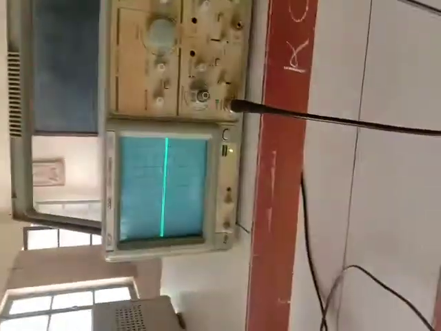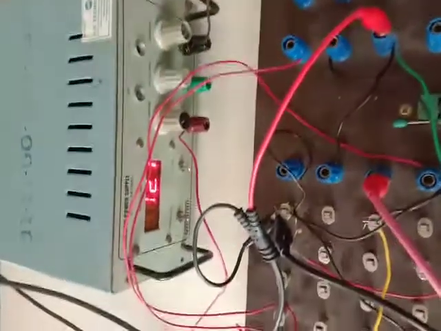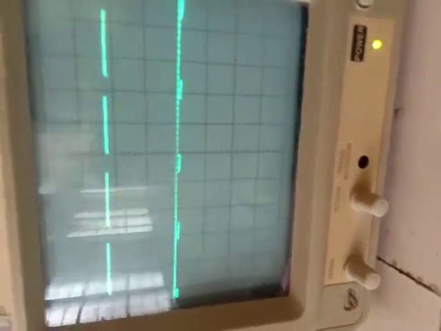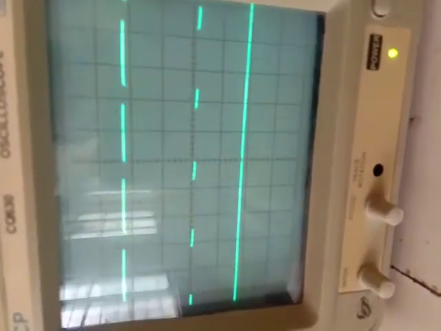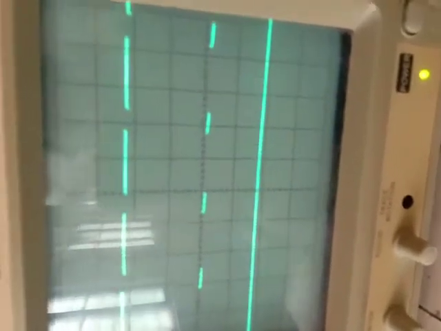So initially I am going to switch off the power supply. So there is no output on the CRO, you can see. Now the moment you switch on the power supply, you should be able to get output. This output is a square wave output. You can see over here the output is a square wave output. The amplitude of the output should be equal to VCC.